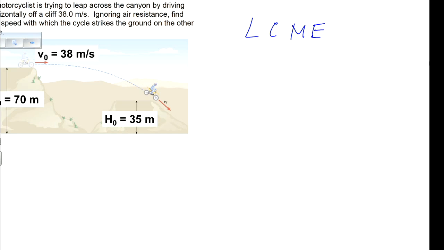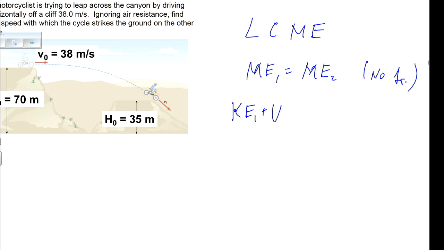So what do we do to use that law? Well, the law says initial mechanical energy has to be equal to the final mechanical energy because there is no friction. And what is mechanical energy? Mechanical energy, by definition, is just the sum of kinetic energy and potential energy. In our case, it is gravitational potential energy. Kinetic energy is equal to m v squared over 2. Gravitational potential energy is m g y.